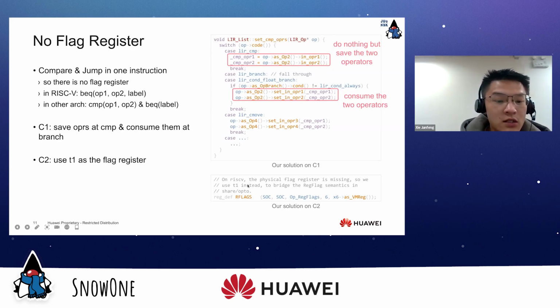That is, first we do the comparison and store the results to T1 manually, and later we consume the result in T1 when needed. In fact, T1 is not completely unused during the entire runtime, but we have already taken care of all the places where T1 is used for other purpose.